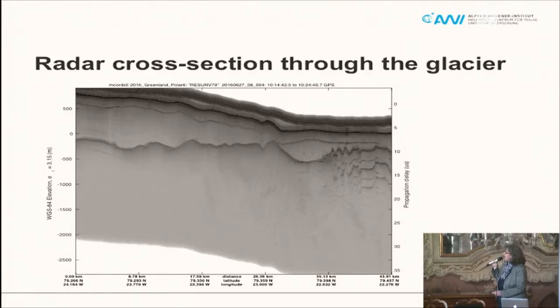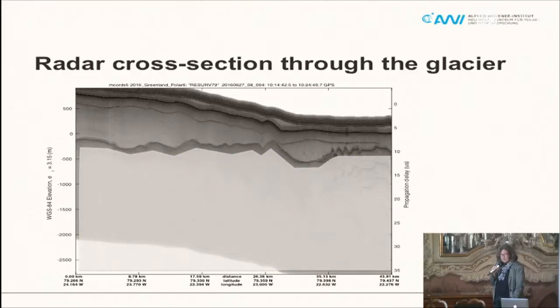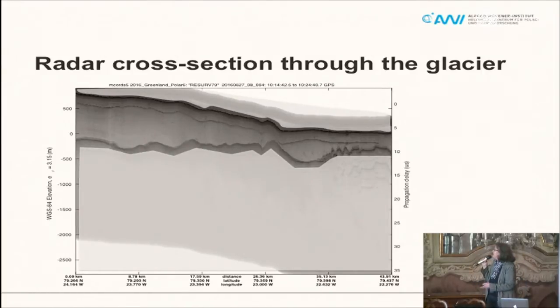And this is a radargram, more or less the same cross-section that I sketched before. And it might look confusing for a moment, but just to give you an orientation, this is downstream the glacier, so this is along the cross-section, and this is a vertical scale. And all glaciologists have a kind of gene defect because we are thinking here in kilometers and here in meters. So extend that by a factor of 1,000. And the data is a bit confusing, so I mask out two areas because this is below the ice base and this is above the ice surface. So don't look at these two areas, but look at the rest.